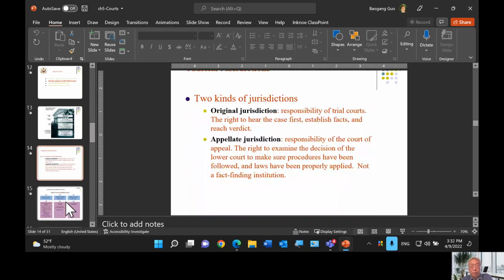You start with the federal district court, okay? Because the federal district court exercises original jurisdiction. The responsibility of the federal district court is serving as a trial court, and they have the right to hear the cases, establish evidence and facts, and reach a verdict.